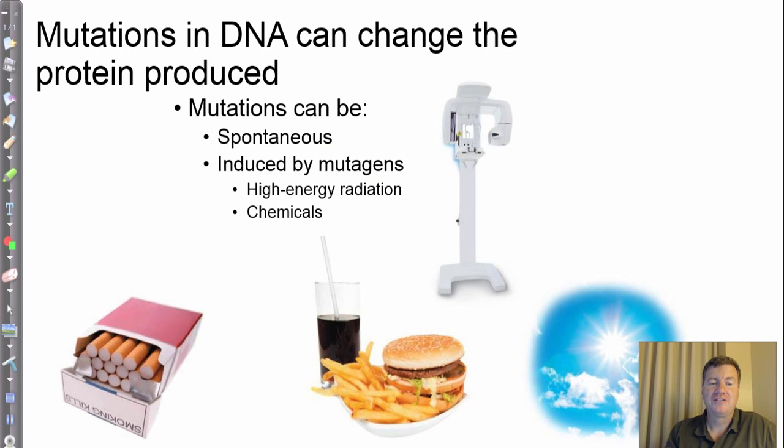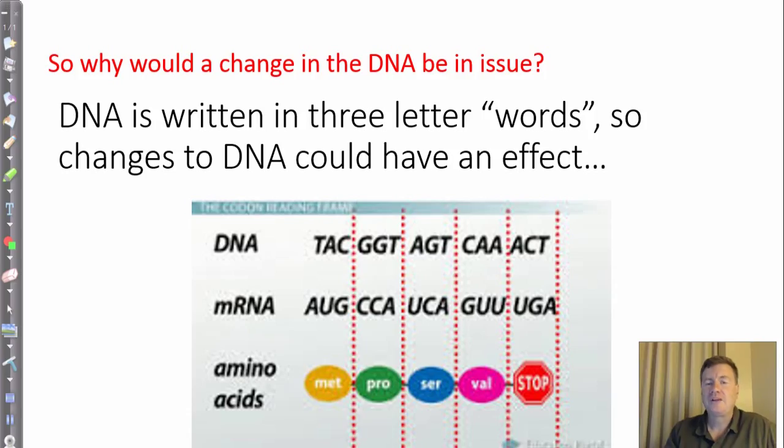But I keep stressing this: do they have to be? Well, it's helpful to understand how DNA is read. If you ignore the red lines for a second here, you can see in the DNA TAC, GGT, AGT, CAA, ACT. That's how DNA is read. There's no punctuation in DNA. There's no capitalization. This is just the order of those bases: thymine, adenine, cytosine, guanine, thymine, etc. Those are the bases that go down one side of DNA. Don't worry about the messenger RNA sequence for now, but you might see uracil here. This is one of the differences between RNA and DNA.